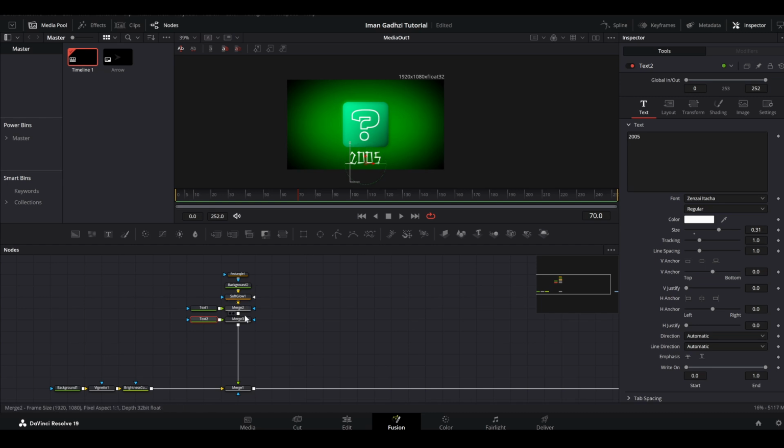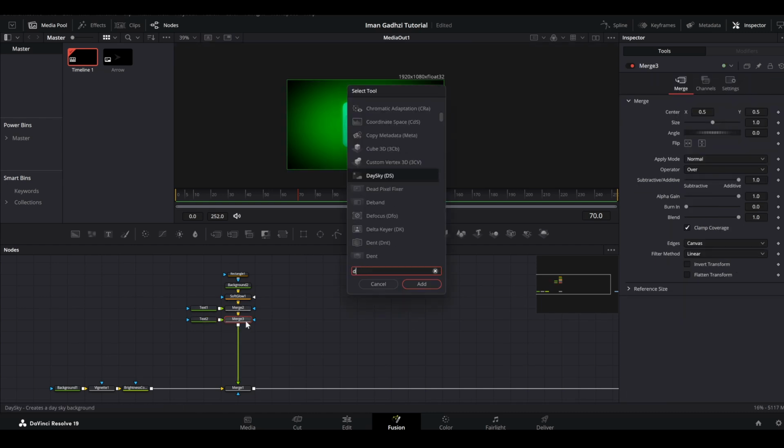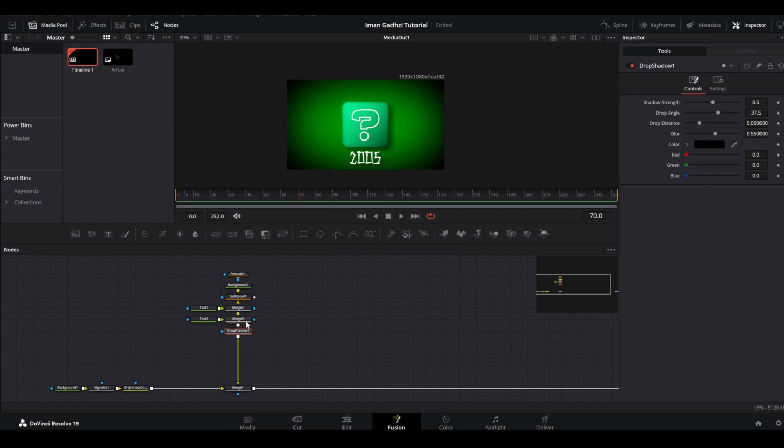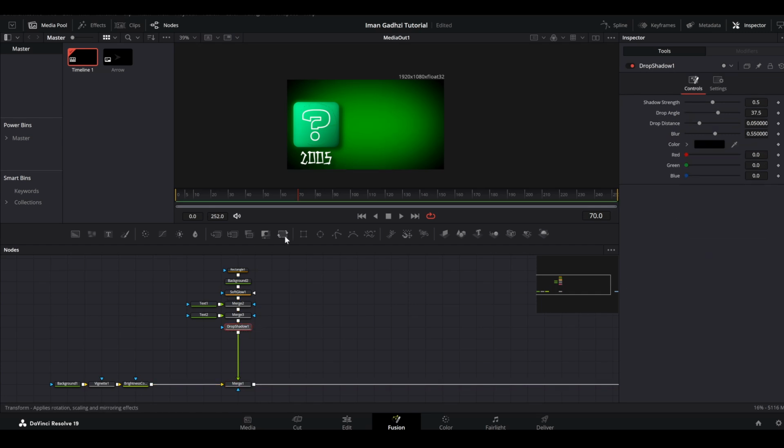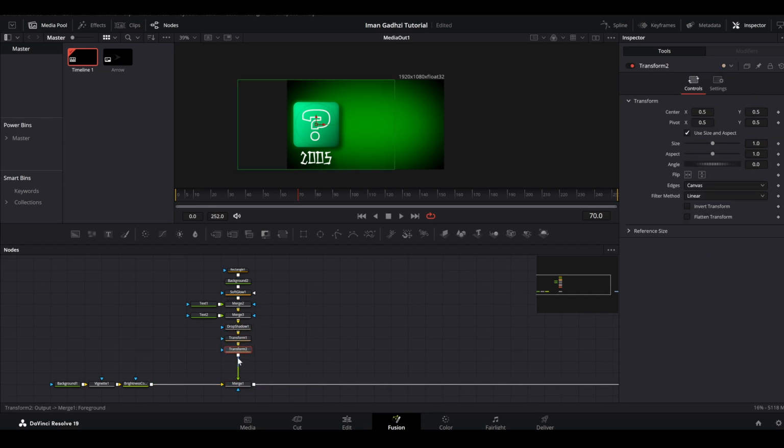All right, and now let's add a drop shadow to the box like this. And now you can go to this merge and bring this one here maybe to the left. And now after the drop shadow I will add a transform node, a single transform node, and go to the very first frame, which would be frame number 0, and keyframe it. And then I will go maybe 60 frames ahead and once again keyframe it